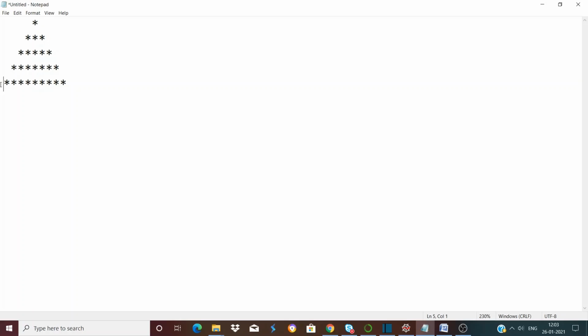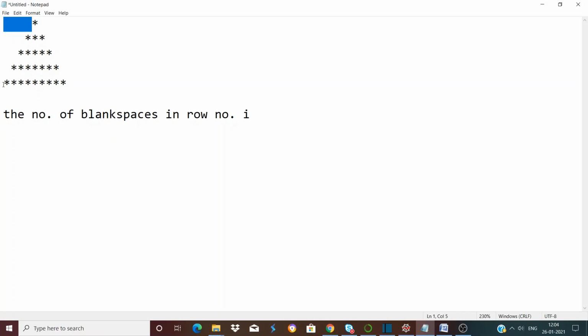So here if we denote the row number by I, then what will be the number of blank spaces in row number I? For row number 0, we have 4 blank spaces, right?